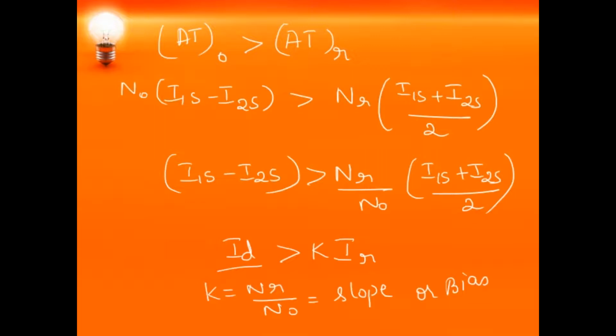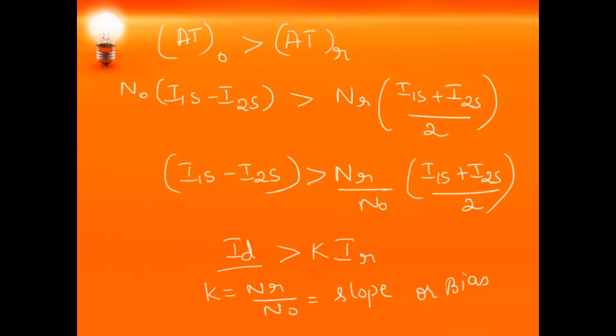IR is a fixed percentage and it is equal to K. So this K is expressed in terms of percentage. That is why this relay is called the percentage differential relay, or biased differential relay. Usually we set the slope of the relay in terms of percentage, as I told you, usually 10%, 20%, 30%, 200% likewise. So depending upon the slope or the bias, that is the value of K, the relay characteristics